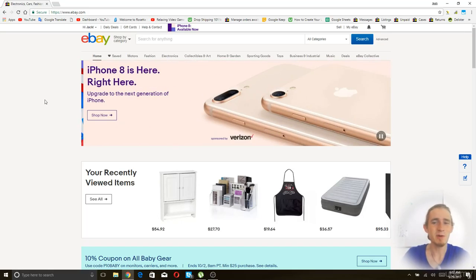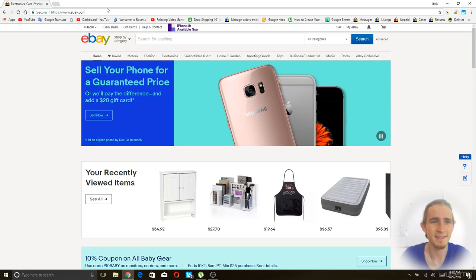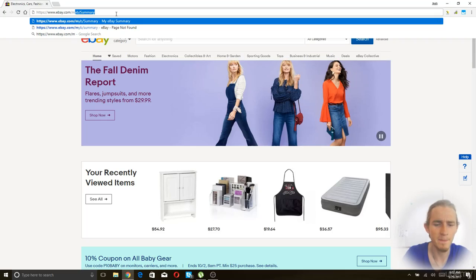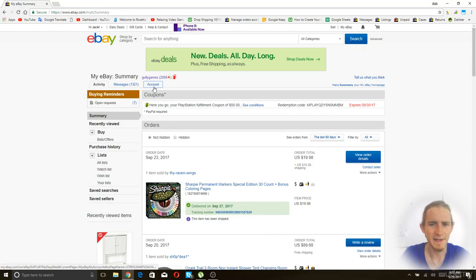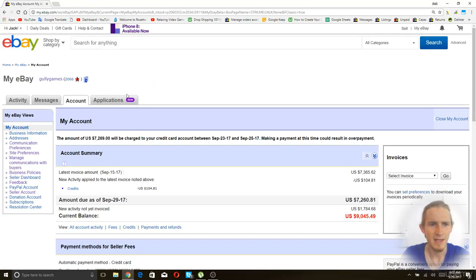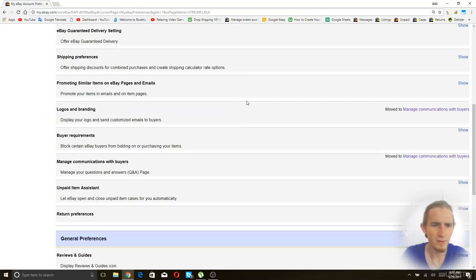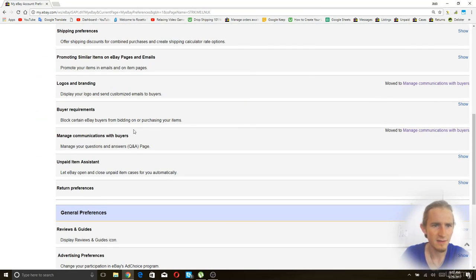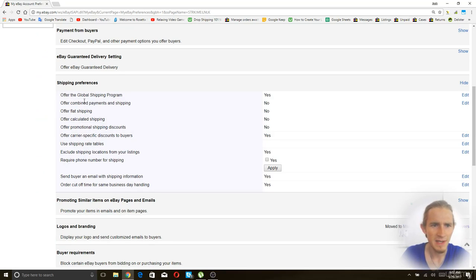Everybody, this is a really quick video just showing you how to enable GSP in your eBay settings. So first we're going to go to ebay.com/myb/summary. Okay. And then from here we're going to click on account. And here we're going to click on site preferences. Now we're going to scroll down here and find shipping preferences and click on show, and then here you can